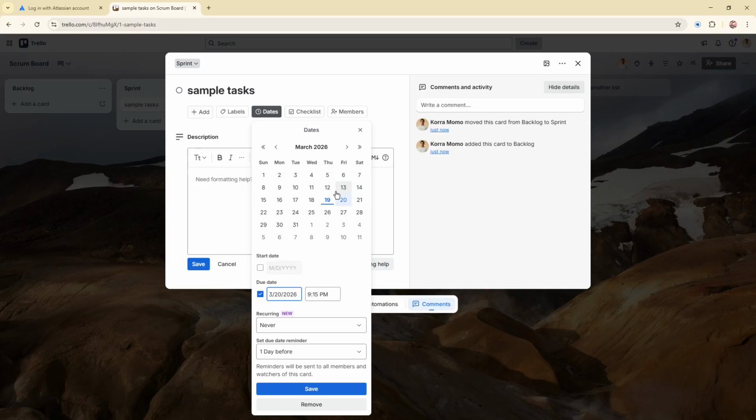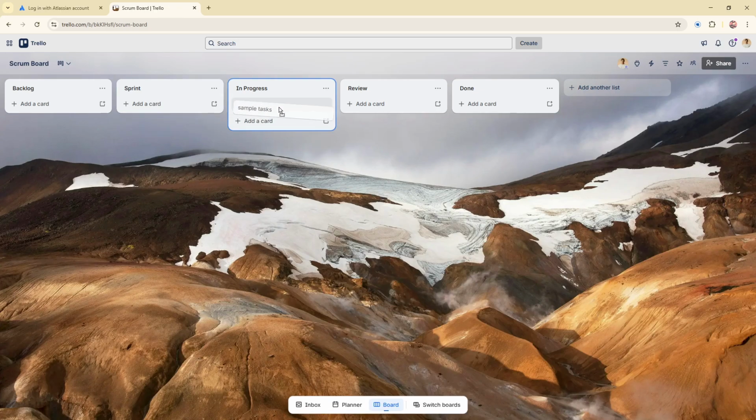As work moves forward, drag cards across the lists. Move them from Sprint to In Progress when someone starts working, then to Review when the work is ready to be checked, and finally to Done when it's complete. This visual movement is what makes Trello so effective for Agile project management, because everyone can instantly see the status